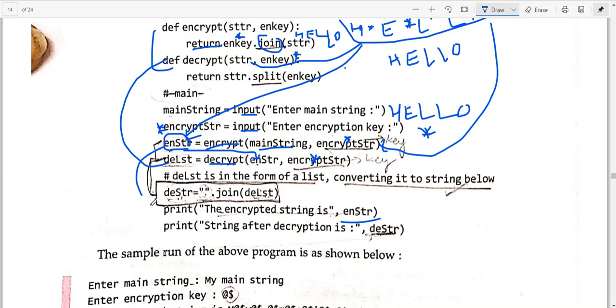This will get printed here and this will get printed here. After this is done, it will return here only.